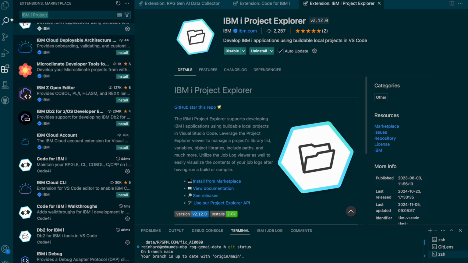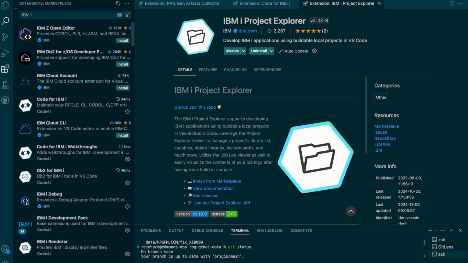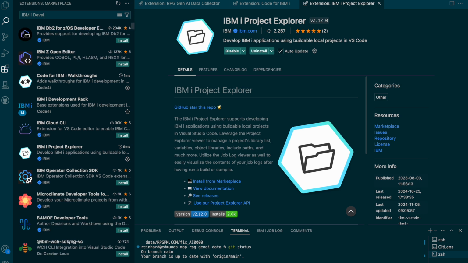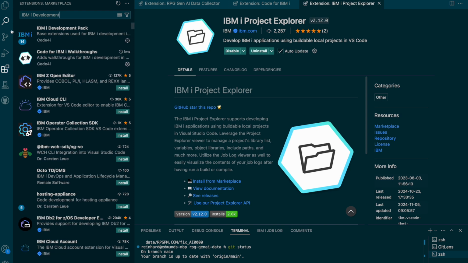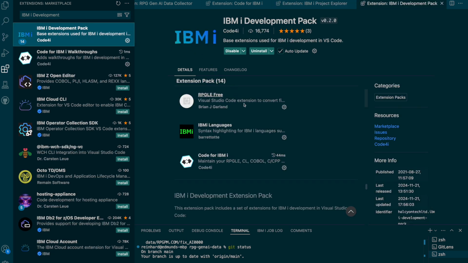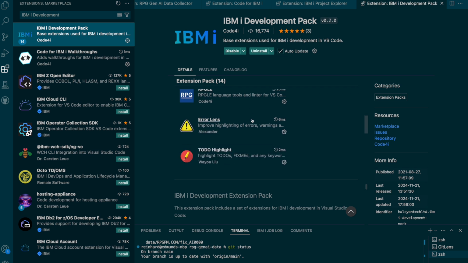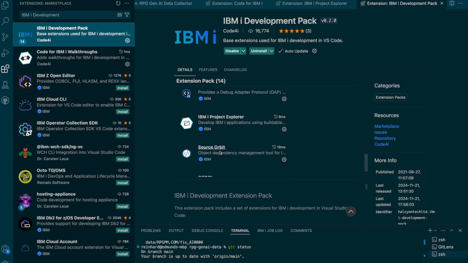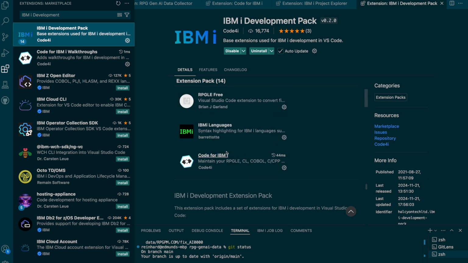They are found in what's called the IBM I development pack. So that's a set of extensions you can install all together, and it gives you all of the extensions mentioned besides the data collector one, and including a bunch of other ones for RPG, CL language, and so you get all of your language support as well. So that is always a good starter set to